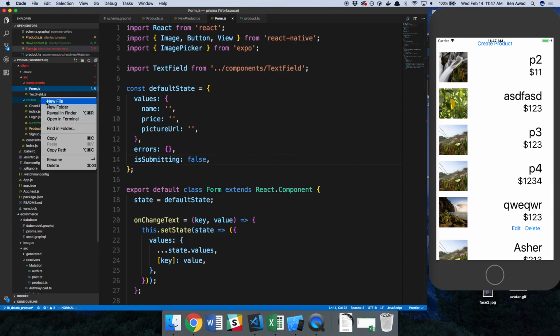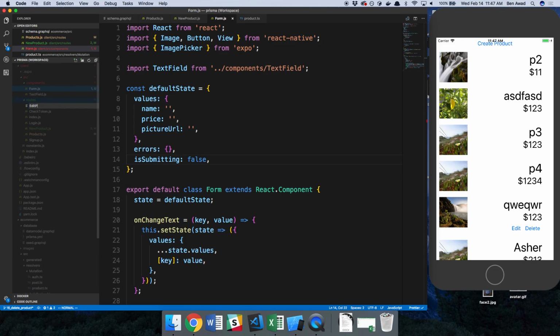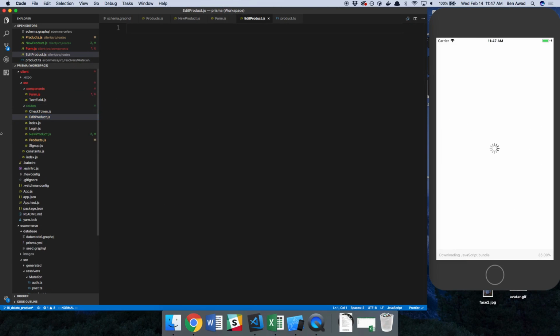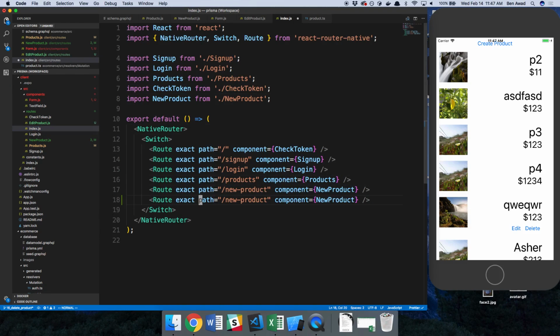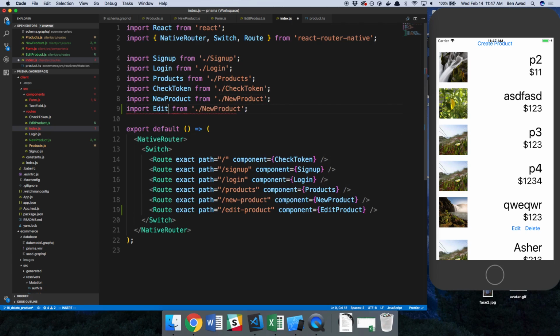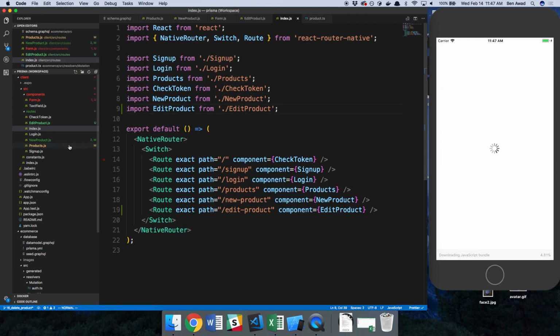So now we can create a new route called editProduct.js, and this is going to be a route just like new product. We'll call it editProduct, and we'll use the editProduct component. So editProduct, let's go ahead and import it. So from our